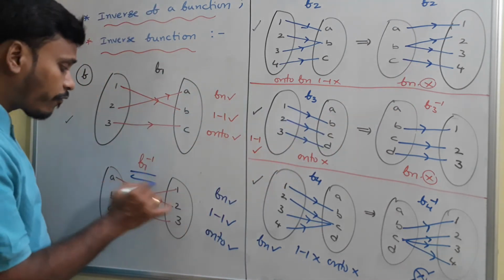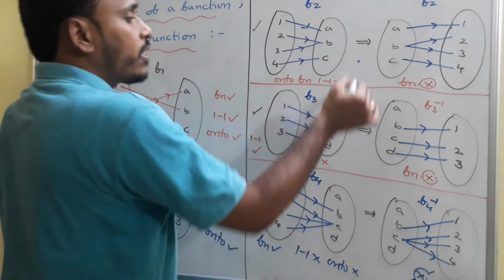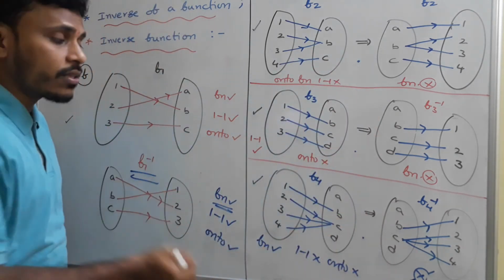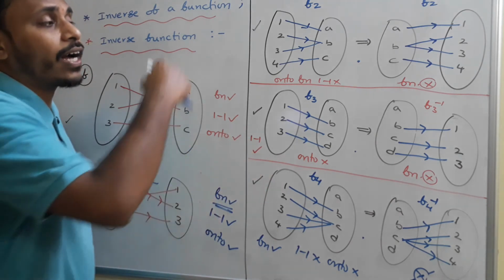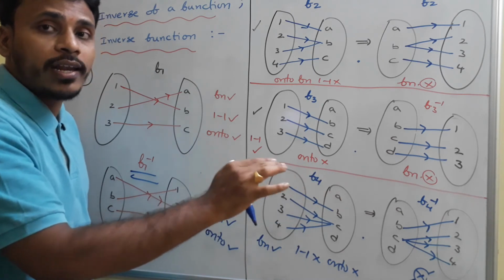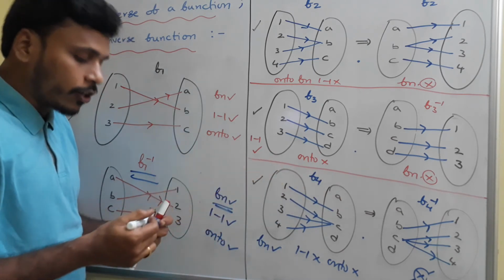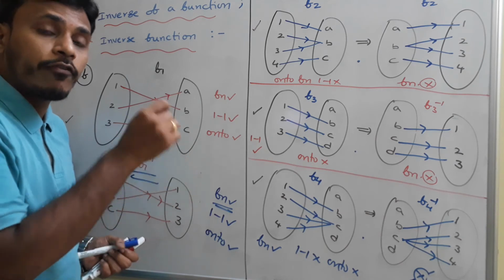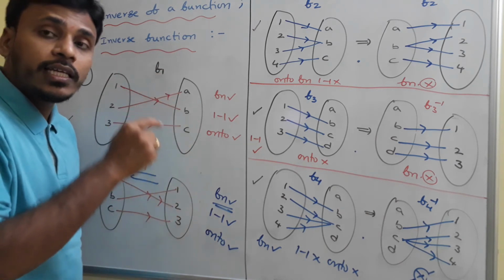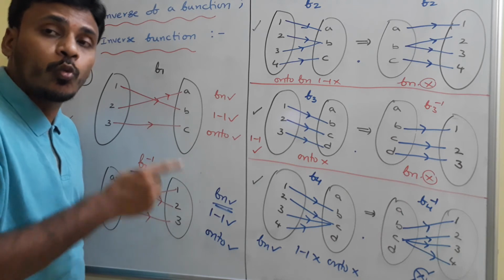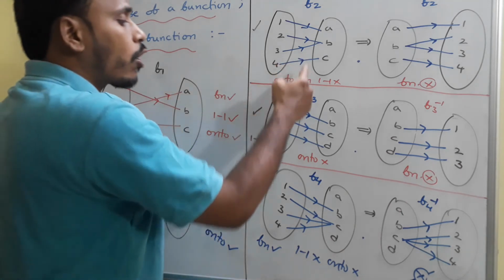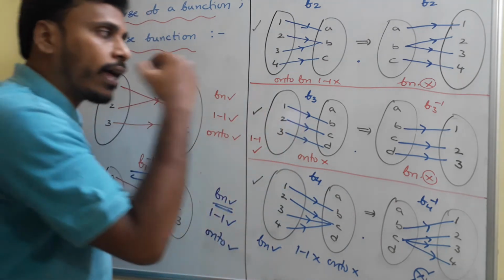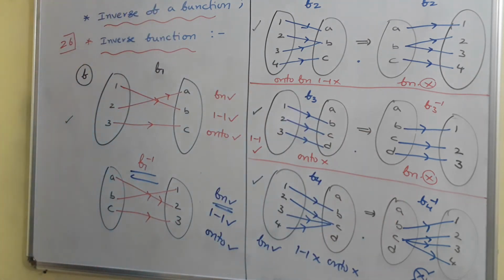Why is this f inverse the only function? Why are these three not functions? Because if the given original function fails to be 1-1 or onto, then the corresponding inverse is not a function. We need to conclude this. The inverse of a function, f inverse, is a function only if the given function is both 1-1 and onto. If it fails any one of those two conditions, 1-1 and onto, then the inverse is not a function. Just have a look and then I will write the conclusion statements.